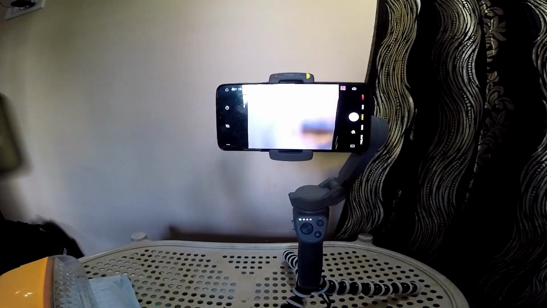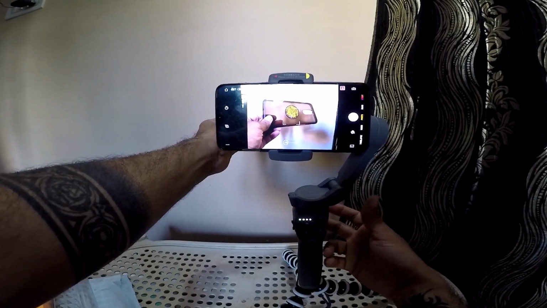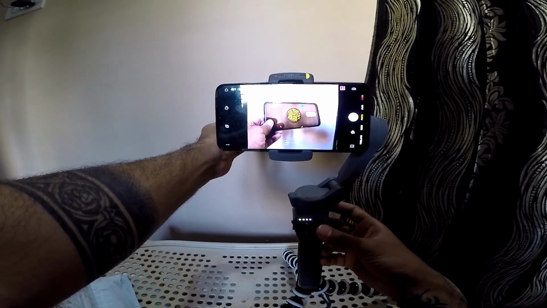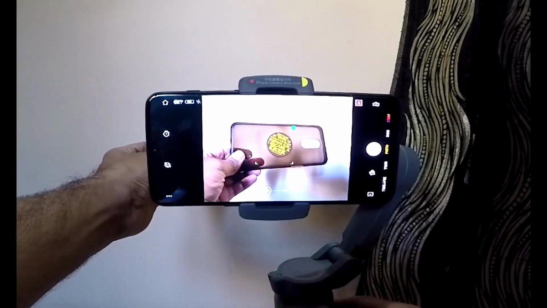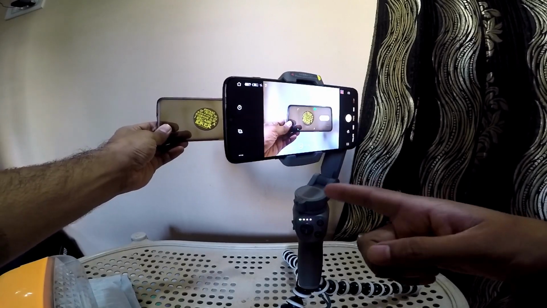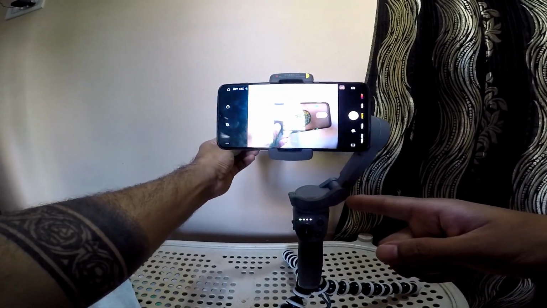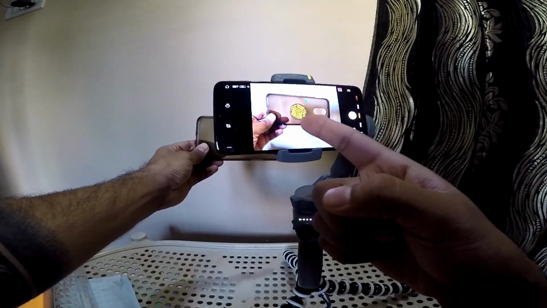I'll just keep my mobile's pouch here, and if I click on the trigger on the back side once, the subject is locked. You can see the green box here, that is locked. So if I move to left, it will also turn automatically. Right, up, down. So that subject is locked.